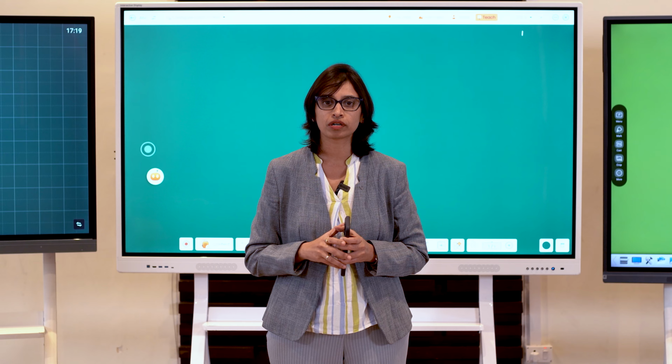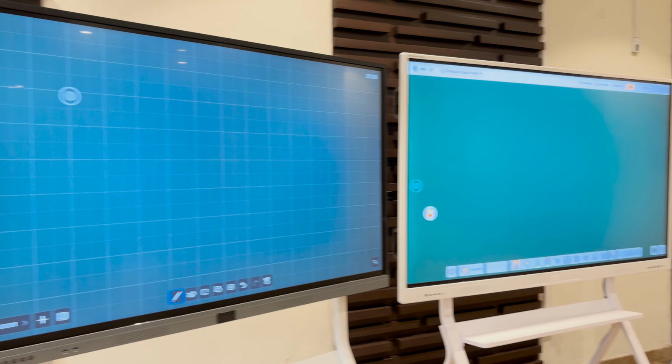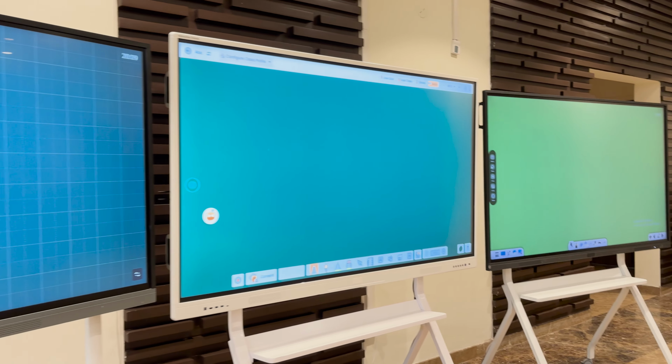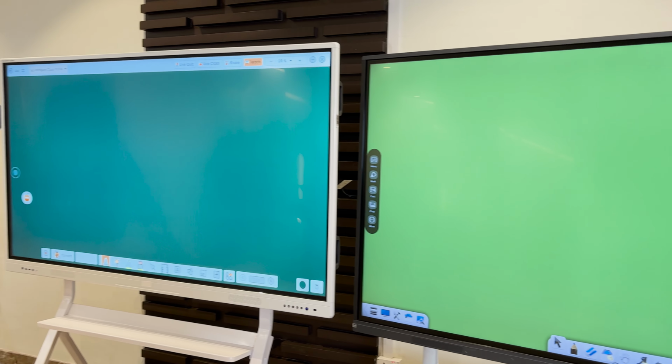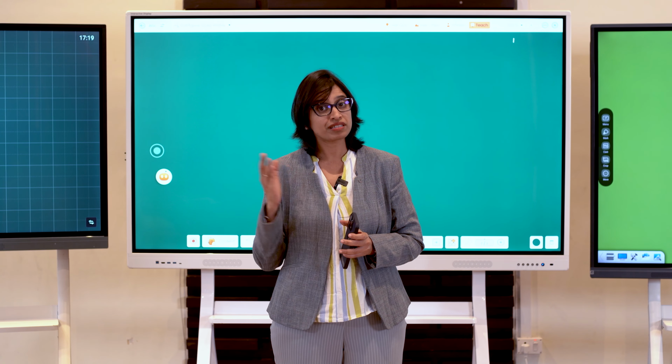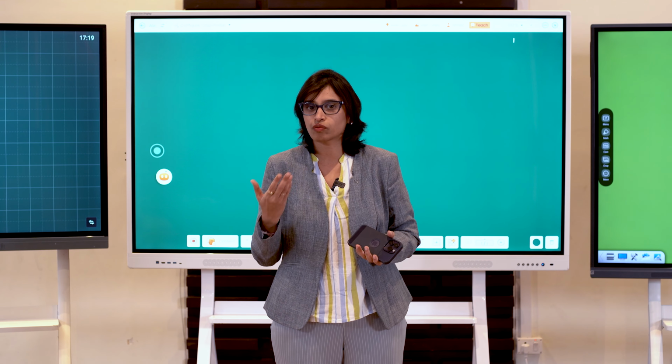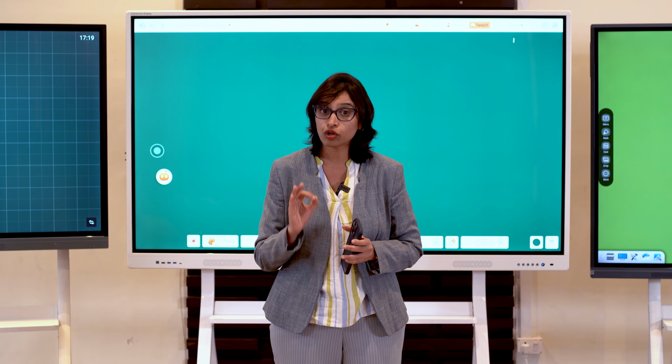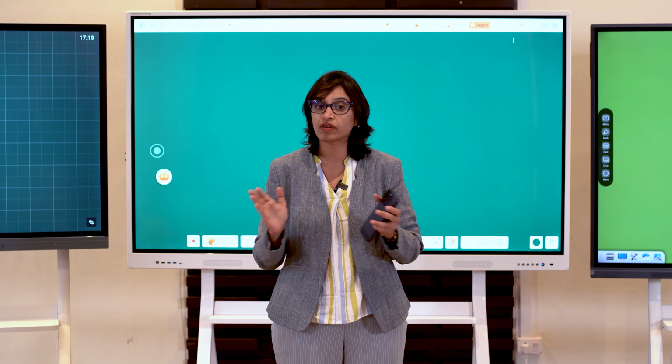But that's not true. As you can see, we have 2 to 3 different interactive panels here. Similarly looking, of course, 80 to 90% of them in the market would also look the same. While there might be slight differences in terms of color or what you can see at first glance, when you look deep in terms of performance, they would be very different.